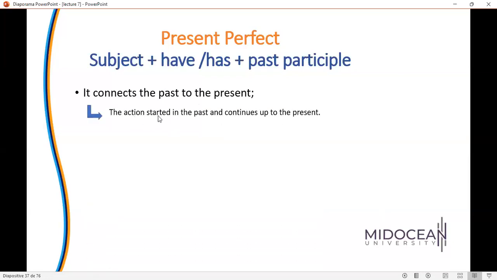So I mean, the action started in the past and continues up to the present. Example, Anna has studied at Santa Monica since 2012. Here you have has. Anna is the subject, auxiliary verb has, past participle of the verb study, studied. Okay, so here the action didn't finish. It continues up to the present. So the action started in 2012 and continues up to the present. Okay,